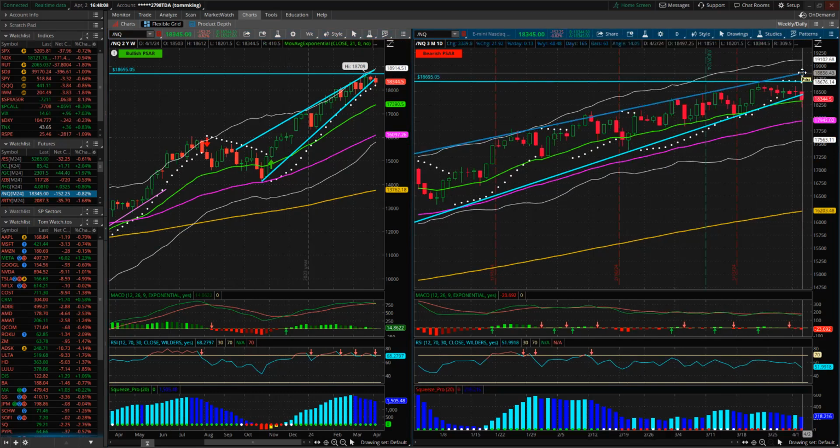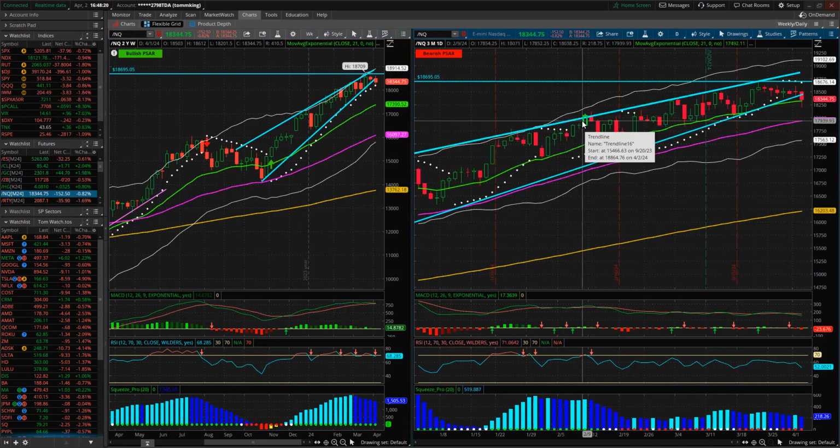That was a perfect draw here, but close enough. So you've got this narrowing, stair-stepping up and down and up and down, narrower and narrower and narrower. So each time the pullback gets a little shallower, but the rally gets a little shallower too. So you're losing a little bit of steam, and that's certainly showing when we look at